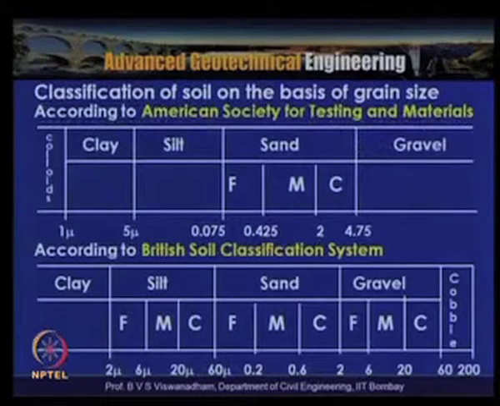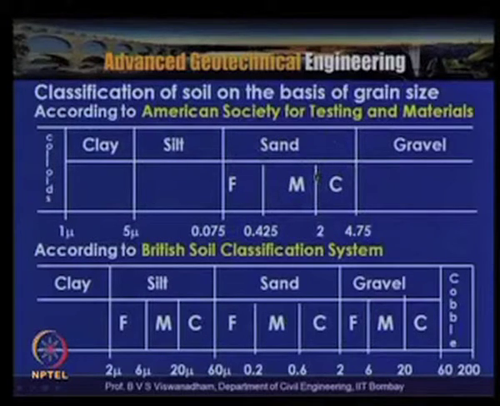And in this slide, the classification of soil on the basis of grain size according to ASTM, the American Society for Testing and Materials, classifies anything greater than 4.75 mm as gravel, and between 0.075 mm and 4.75 mm as sand, which is similar to the previous two classification systems. Clay is regarded as 1 micron to 5 micron, and silt is recorded as 5 micron to